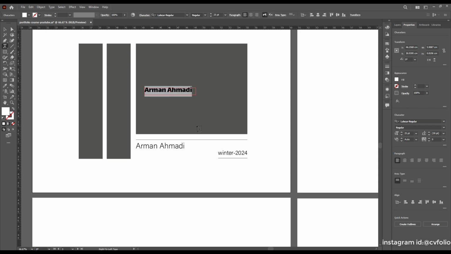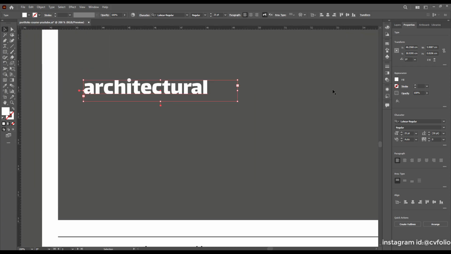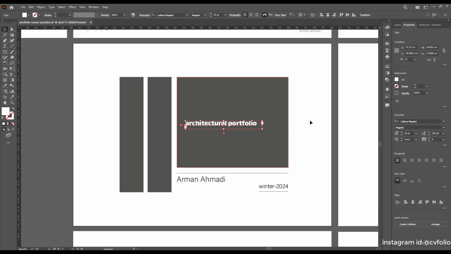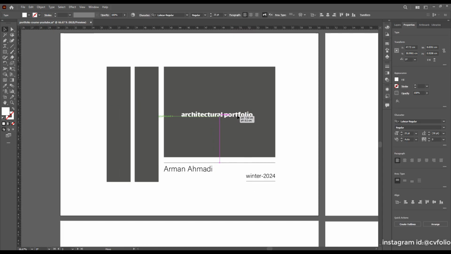And I type architectural portfolio. And now as you can see, I have typed all of the letters, but it's not showing me, so I just go down here and expand it a little, and I can see all of it. and I put it, for example, here,